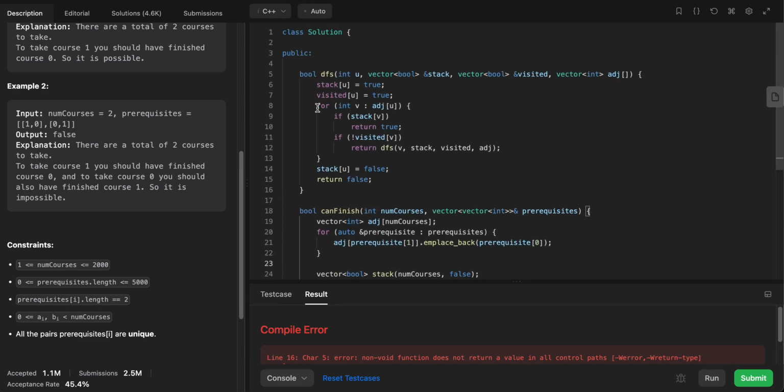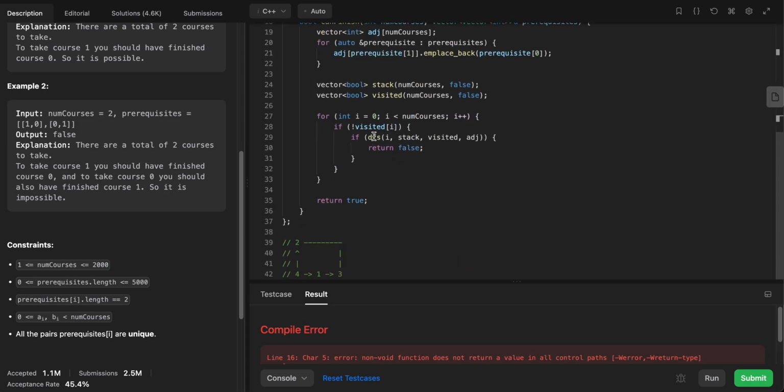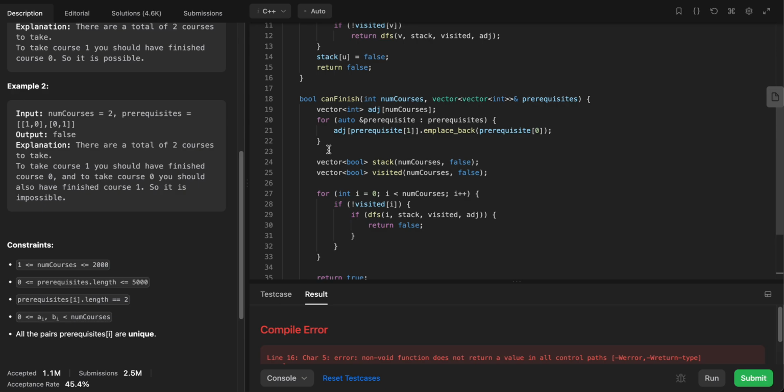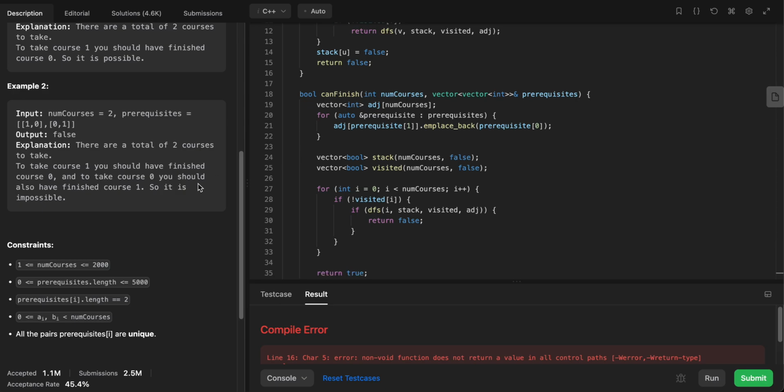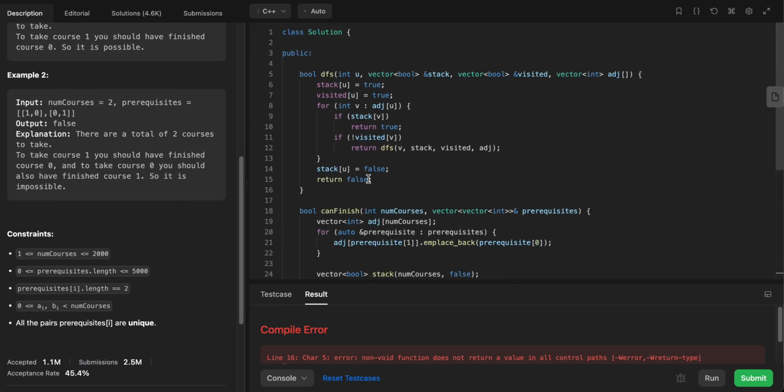Adjacency of 0 is empty, so it will not go here. Return false. It is false, then go to 1. From 1 I will do a DFS 1 to 3. From 1 go to,